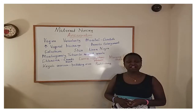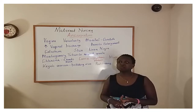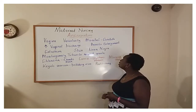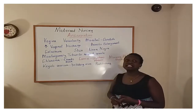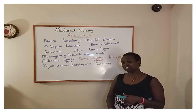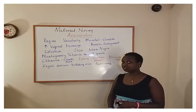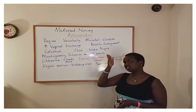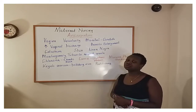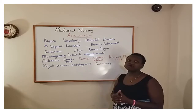You'll definitely have some skin changes. Now, there are people that get darker skinned or more oily skin, or it just becomes very dry skin. There is a linea nigra, and that is a dark pigmentation line that comes from the umbilical cord going down towards the vaginal area. It's just one straight line, and after childbirth it tends to disappear, but it really darkens and really becomes auspicious